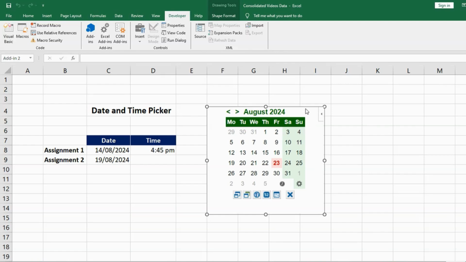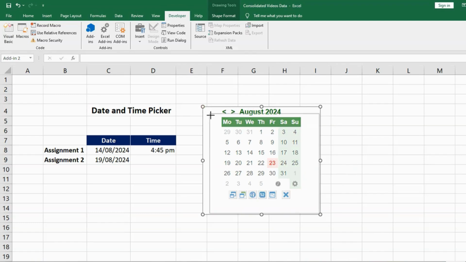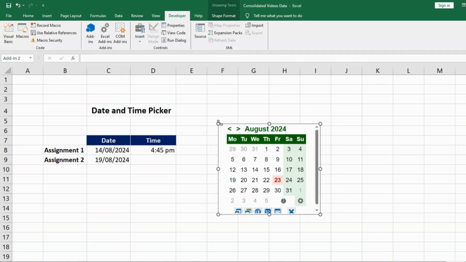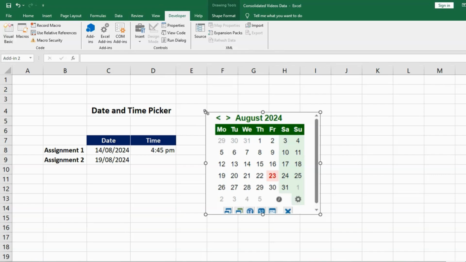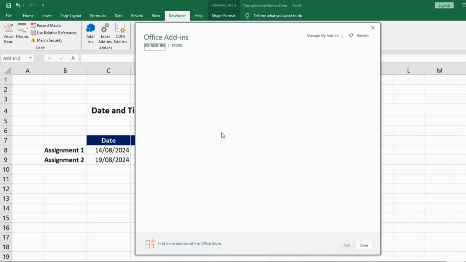Again, if you want to move it, you can move it. You can also resize the calendar from the corner and make it bigger or smaller, however you want. So this is how you can easily add it. And if you want to remove it, go to Add-ins and click this one, and then you can remove it from here, and it will remove the